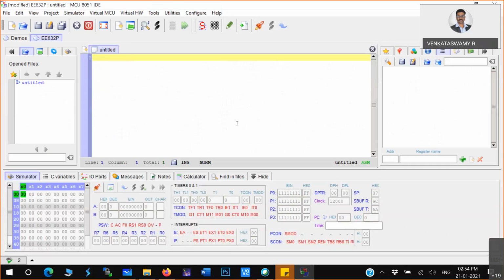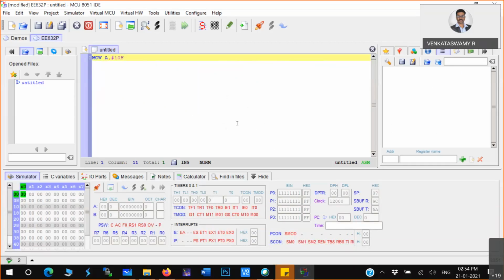The instruction is MOV A, #10h. This is the instruction. It is not case sensitive, but preferably write in caps.